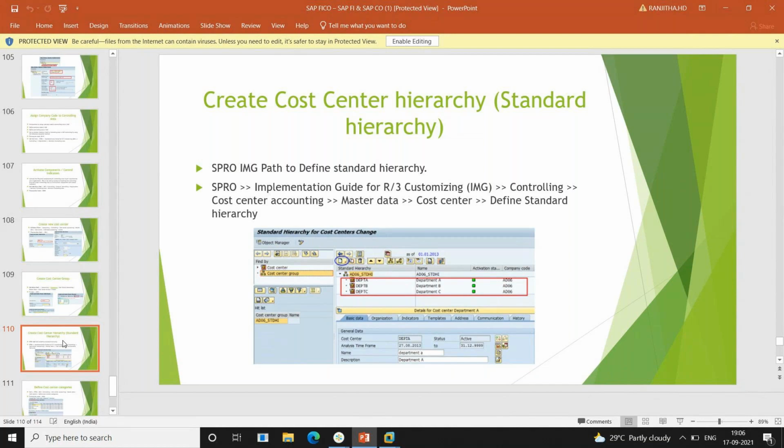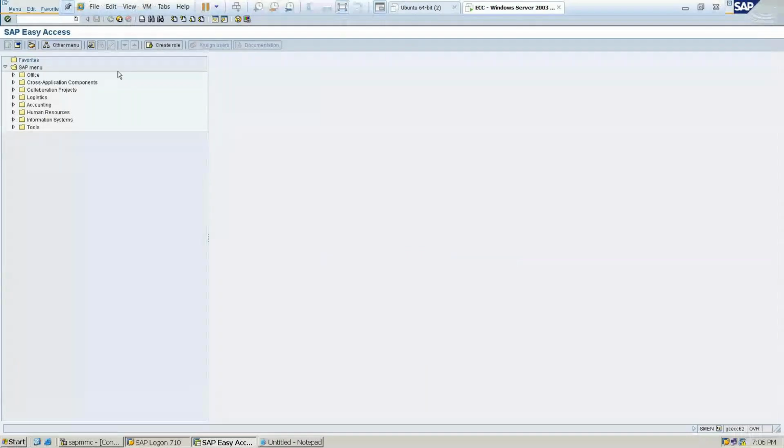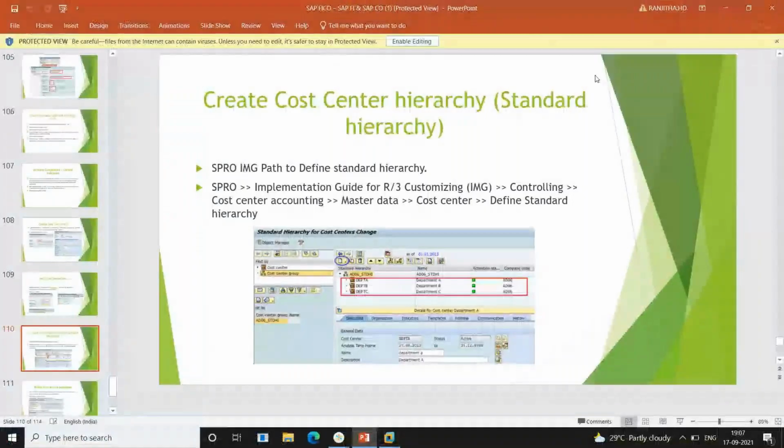Done, sir. Yeah. So here we need to define it. Transaction code, you have written.